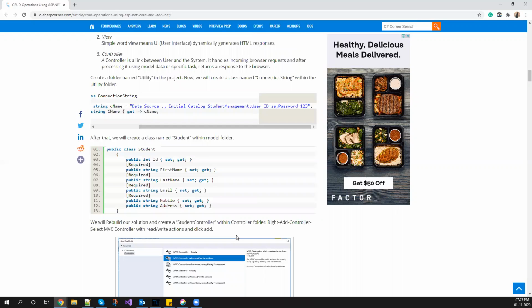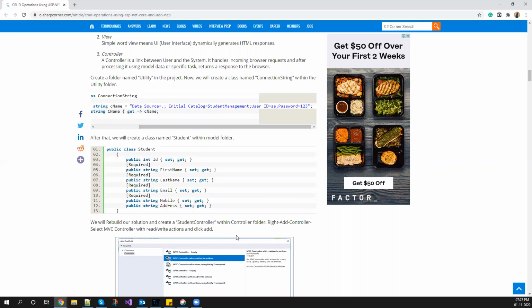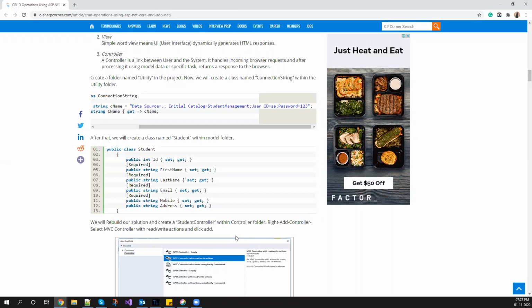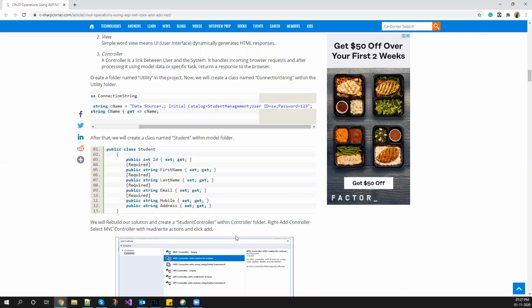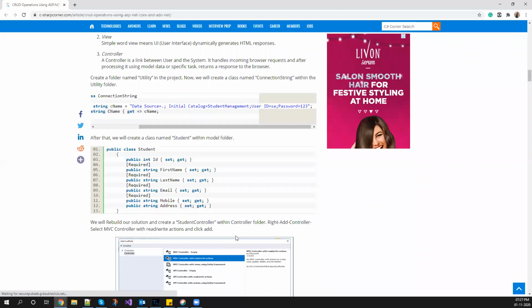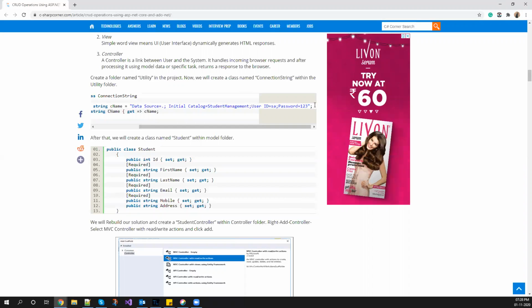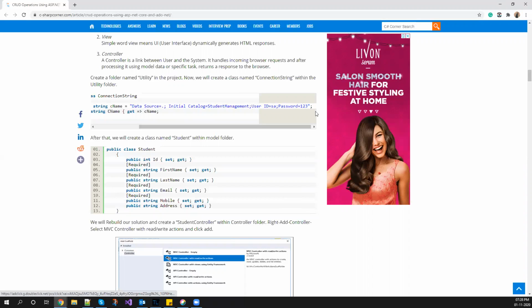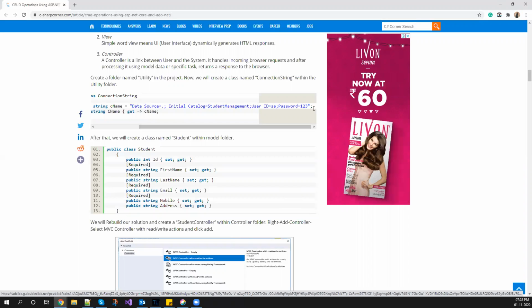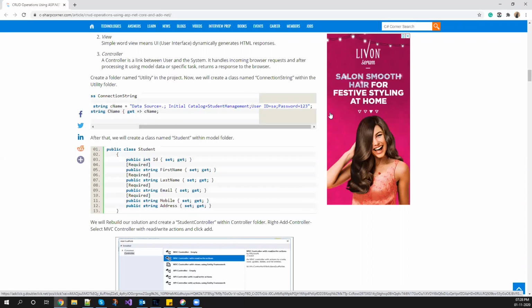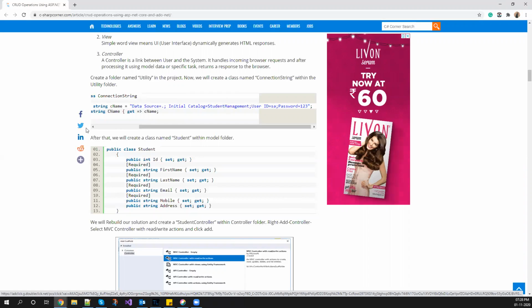If in the same SQL connection I want to run two commands, one query select star from employee and another select star from, let's say, department, then to use the same connection for multiple commands, there is one more parameter called multiple active result sets. You have to mark it as true. After the password, you can write multiple active result sets equal to true, and then this connection can be used for multiple commands or multiple adapters.